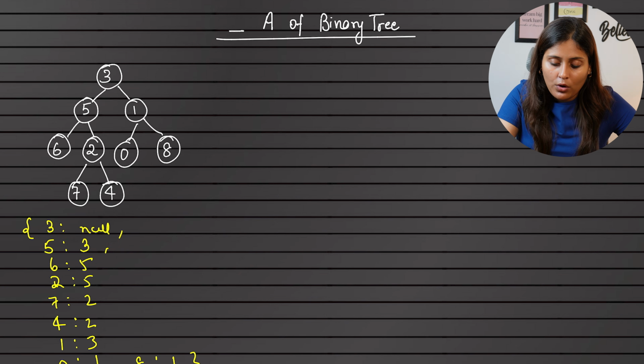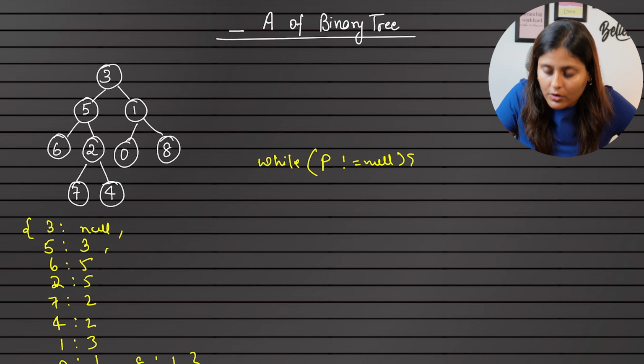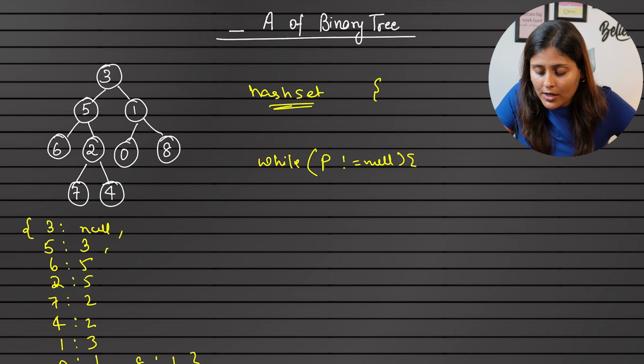So can I say: while P is not equal to null, we have to store all of this. Let's say we store in a hash set. In the set data structure we'll store with hash set dot add, we will store P. First P is 6, so we store 6. Now we have to move it to its parent, so P will become